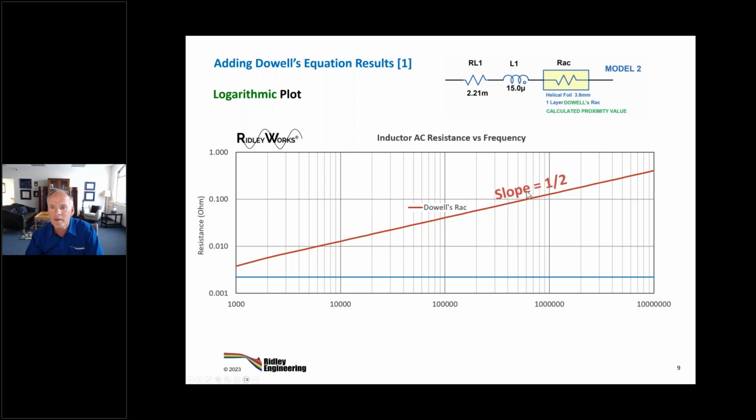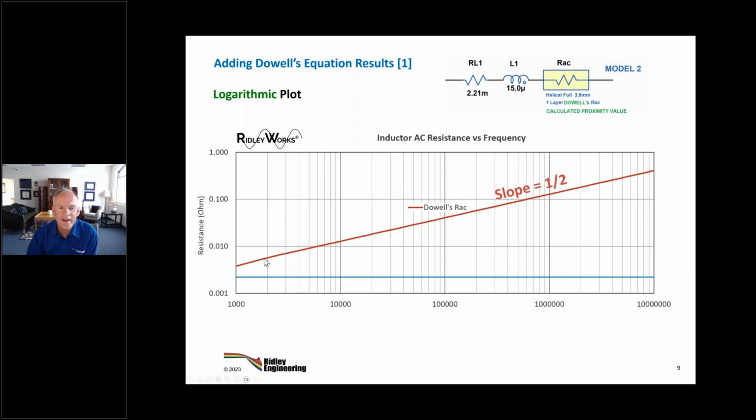So this is a 1/2 slope, and the 1/2 slope means that the resistance is increasing with the square root of the frequency. And some of you may know that the skin depth goes down with the square root of the frequency. Hence, the resistance is going up at that point. Interesting for this particular structure, how early it starts doing this. Even down at one kilohertz, we've already bumped up the resistance quite a bit. So it goes all the way down to maybe 100 hertz. And again, that's because the turns are so wide.